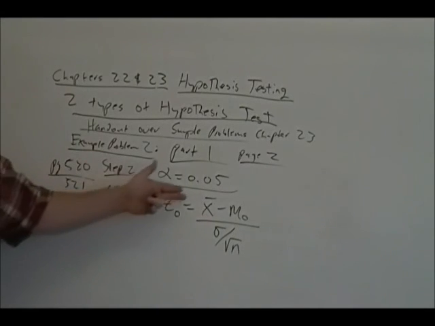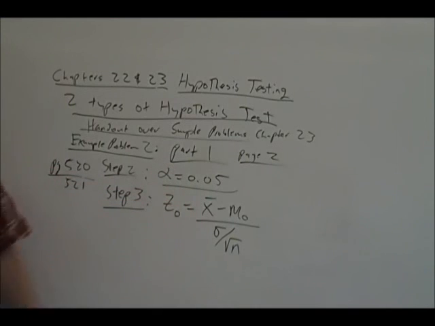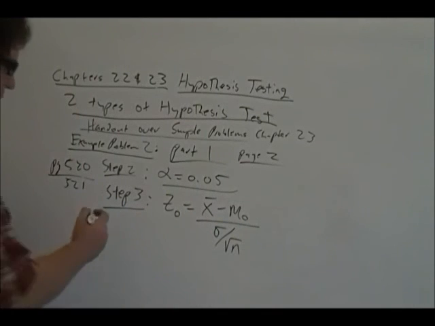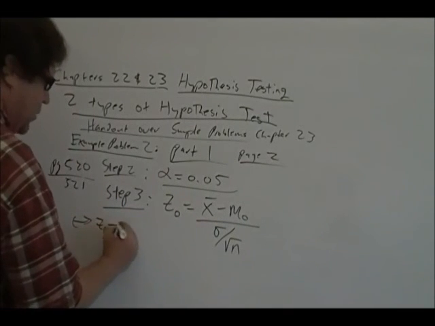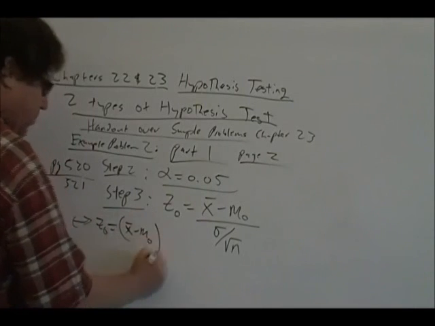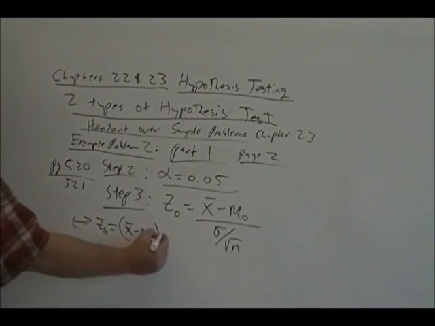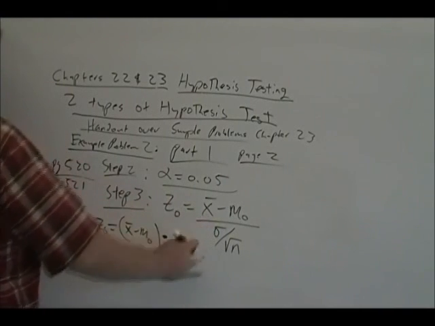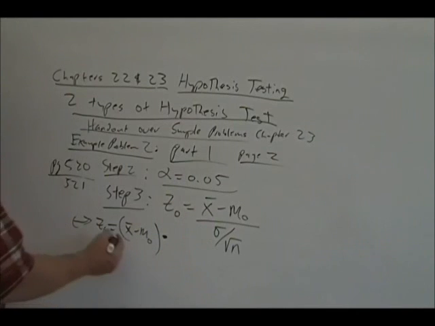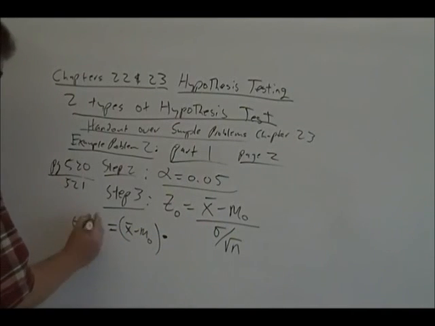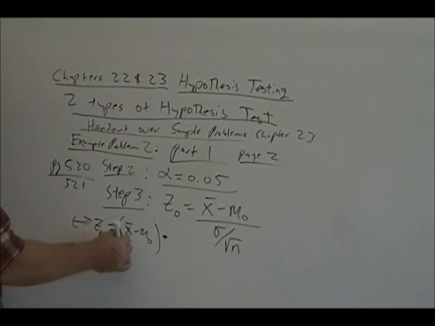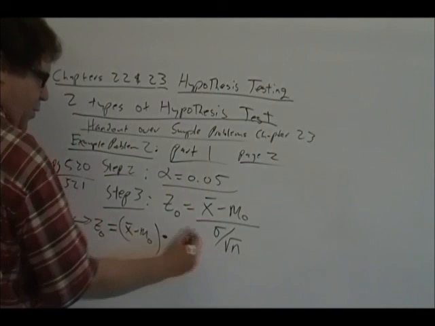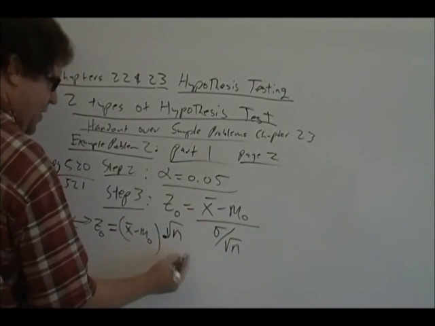Because I remember that anytime you have a complex fraction where you divide one fraction by another fraction, you can always make it simpler if you just flip the bottom fraction and multiply. So this is equivalent to saying z naught is equal to x bar minus mu, make sure it's in parentheses, times the reciprocal of the denominator. So if you flip the bottom fraction and multiply, you get the same basic formula, only it's a little easier to plug into the calculator. You can put x bar minus mu naught in parentheses, the numerator, and then go times square root of n, and then you could put all of that